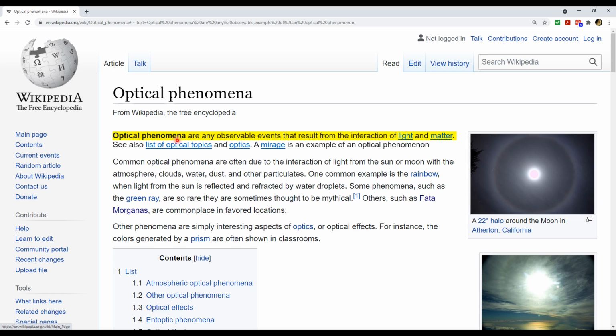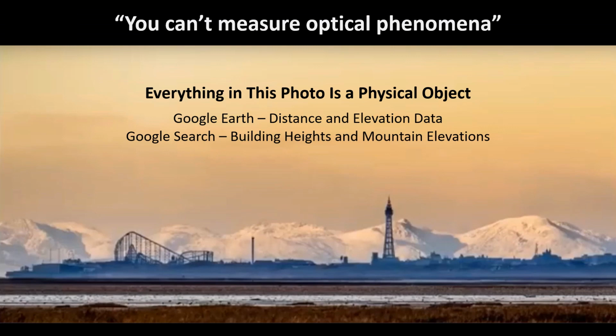Optical phenomena are any observable events that result from the interaction of light and matter, otherwise known as physical objects. Well, this seems to be the latest flat earth meme. You can't measure optical phenomena. Well, first of all, everything in this photo is a physical object that has an actual size and an actual